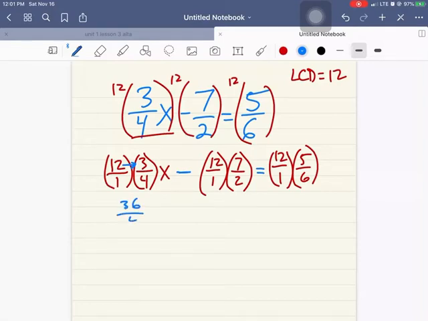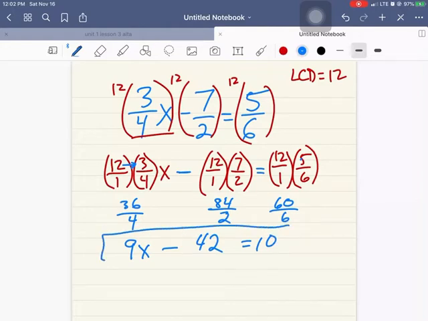This is going to be 36 over 4, which is 9x. Then over here, 12 times 7 divided by 2: 84 divided by 2 is 42. And then this is 12 times 5 divided by 6, which is 10. That way you're only working with this as your equation now, and that certainly looks a lot better than that. And then you process the rest like you would